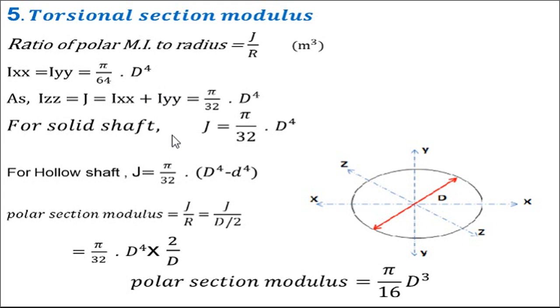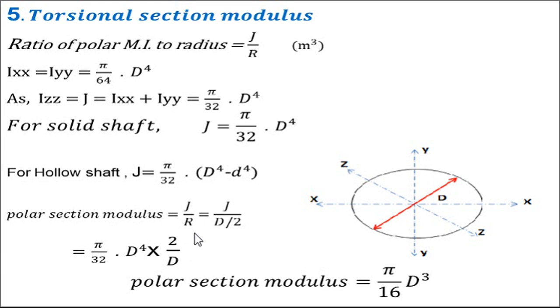For a solid shaft, the polar moment of inertia is taken as J equal to pi by 32 into d raised to 4. For a hollow shaft, which has two diameters, external diameter and internal diameter, the formula becomes pi by 32 into capital D raised to 4 minus small d raised to 4. Polar section modulus is J divided by R,